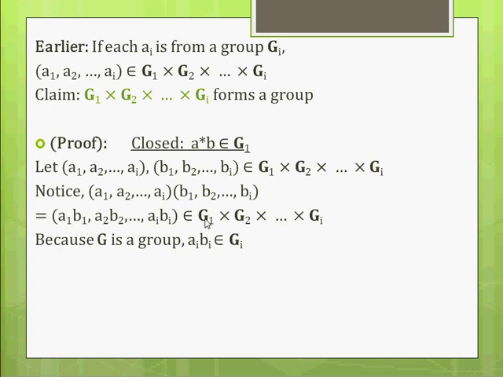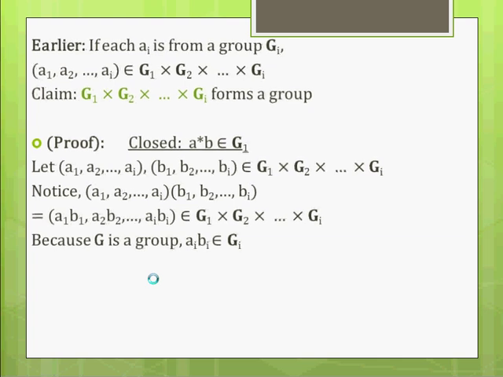A1 and B1 come from G1. And since they are in a group, then since the group is closed, when you multiply them together, you get another element that's in the group. So what I'm trying to say is each of these is in each of these. So these products are in each of these respectively. So the whole thing is closed. The product is closed. I hope that makes sense. If it doesn't, let me know. So that's for closed. And now for associativity,